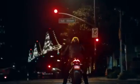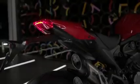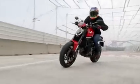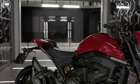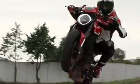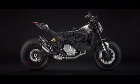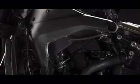Now, the Ducati Monster is one of the most iconic naked bikes ever built, but for 2021 it had a massive redesign with some brave changes that take it in a new direction. Every Monster that went before had used a steel trellis frame, which was a signature design feature and a huge part of its exotic yet accessible appeal. But Ducati have sought to shed some weight off the Monster to keep it competitive with the likes of the 890 Duke, and as such they've ditched the heavy trellis in favour of using the engine for the majority of the bike's structure and bolting a front frame, subframe and swing arm to it like they do on their Panigale